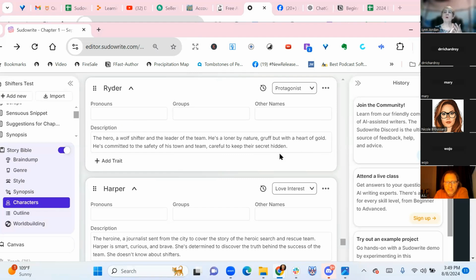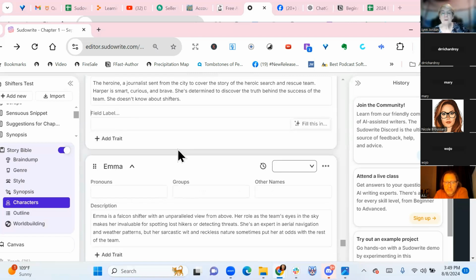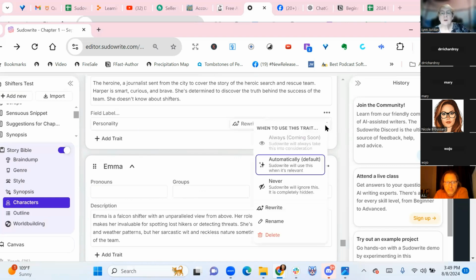This one I pulled over from one of the older ones when we didn't have the expanded character, so my characters are real short. But we can add a trait if we want to. And we can call it whatever we want. We can give it her personality, if I want to use it automatically. Okay, let's just say,